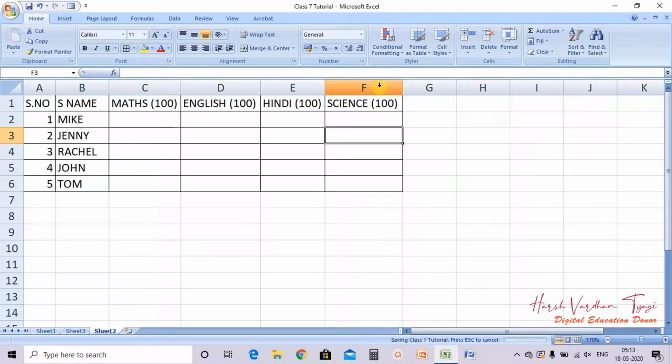Now suppose I have given this particular piece of data to any of my users, to any student, and asked them to enter their marks. Now Mike, when I asked him to enter his marks, in maths he has entered 101, 102, then minus 10, minus 5. Clear? So these marks are accepted in the cell,